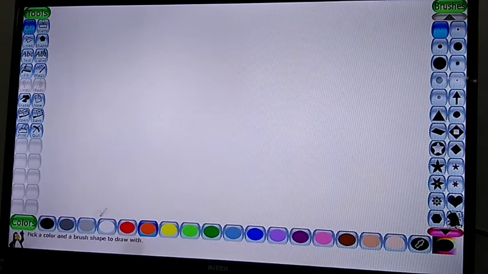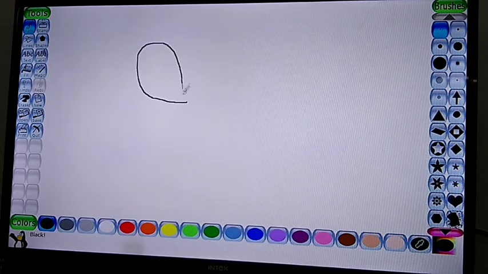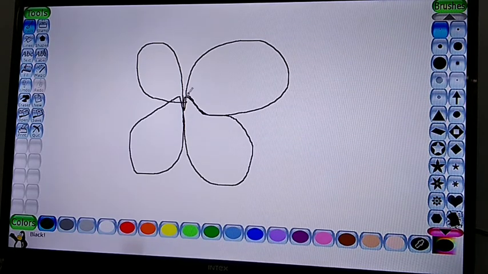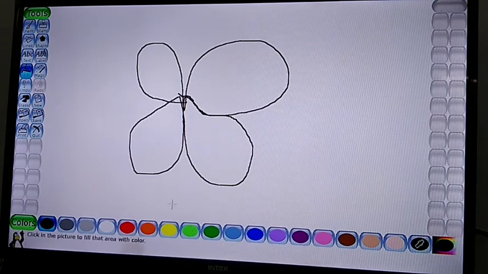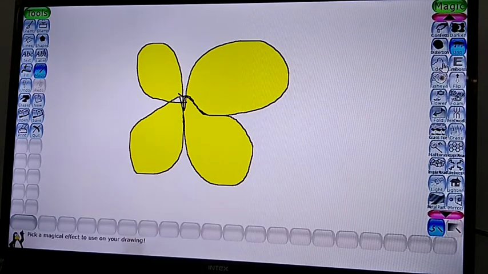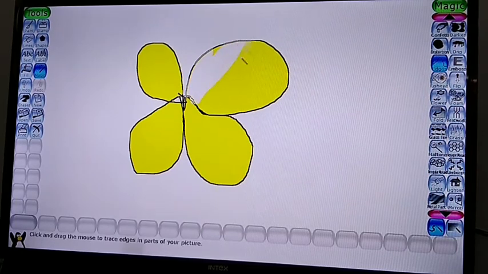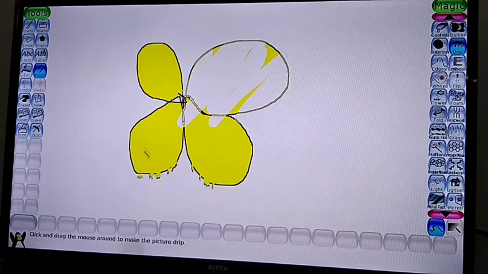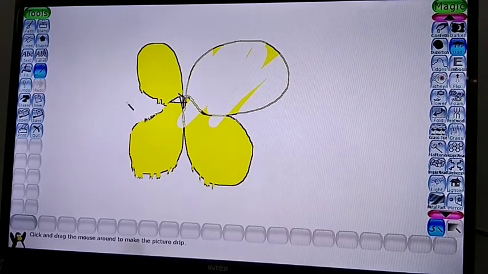And this paint tool is like your pencil, it is used for drawing. Anything you can draw with this. Okay, like this you can draw. And if you want to fill color in this, click on fill color tool. And which color you want, fill like this. Now if you want to use edges tool again, go to magic tool. This edges tool, see, it will trace the edges. Now in this, if you want to use drip tool, click on drip. See, it will show the color like this, it is flowing. So this is your drip tool.